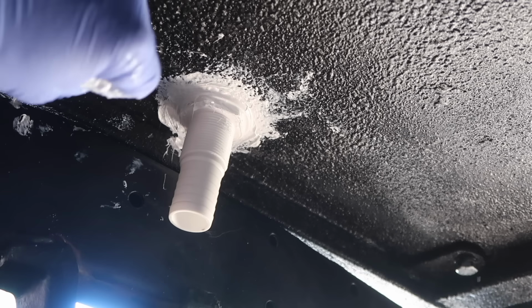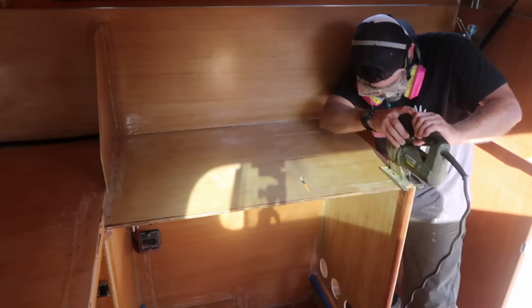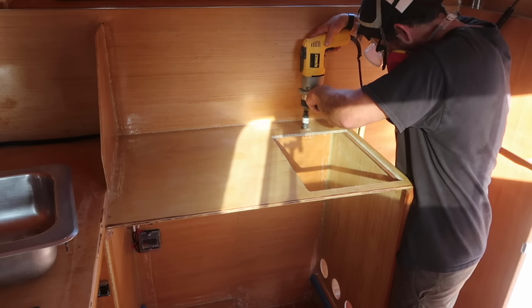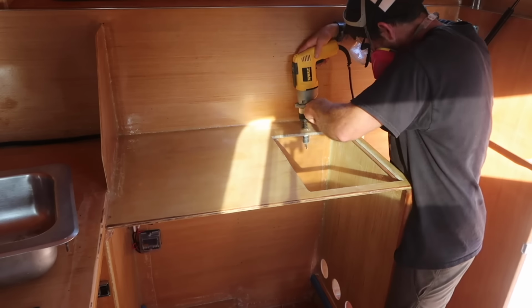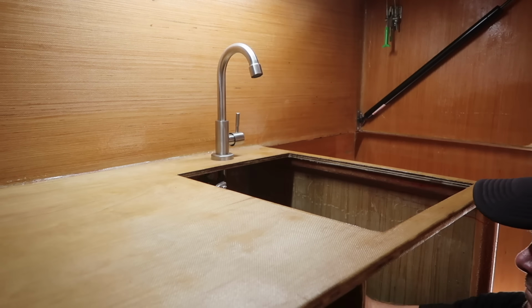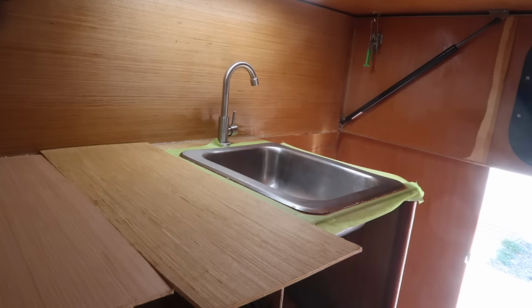This is to supply water to the sink that I installed in the passenger side cabinet. Once I cut the holes for the sink and faucet, I coated the exposed wood in epoxy resin and installed the faucet with its provided O-rings and the sink with siliconized acrylic latex around its mounting edge